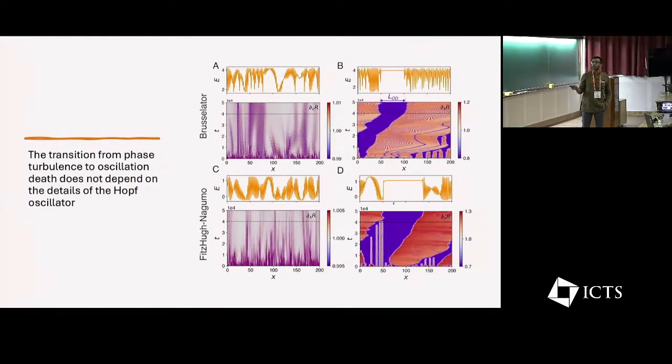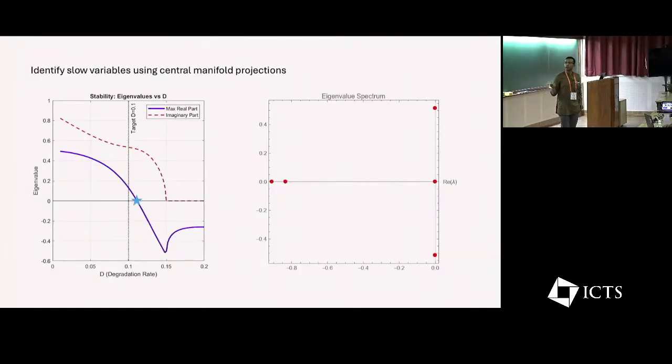It is quite general. For example, we have done this for the Brusselator. We have done it also for the FitzHugh-Nagumo model, which are very different models from each other. But the key is that you always get this transition. And that tells us that there's something general, something generic that is happening with all of this. And to understand that, we went back to the fact that if you take this chemical D and vary its concentration, there is a point at which the system goes from an oscillating to a non-oscillating state, and that is the point of Hopf bifurcation, okay? And our system is right over here, so we expect the effect of the Hopf bifurcation to affect the dynamics that we have over here.